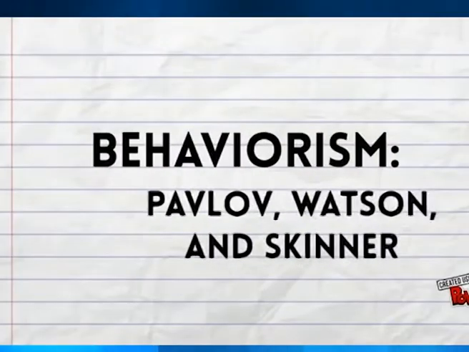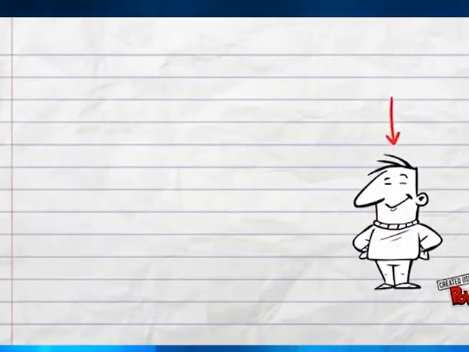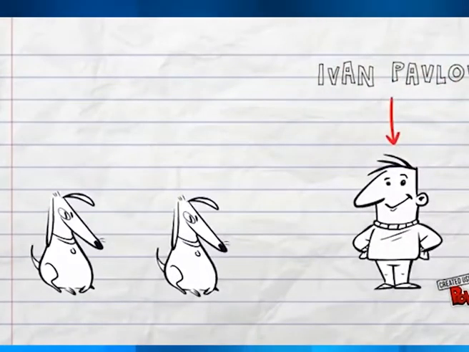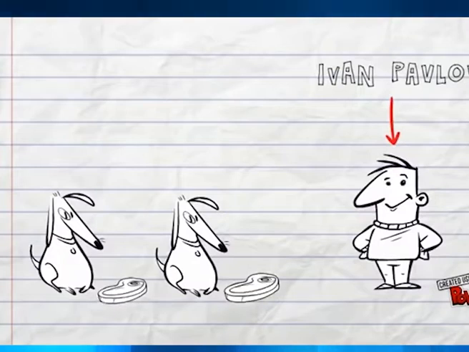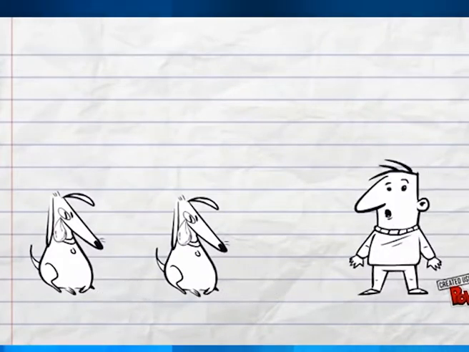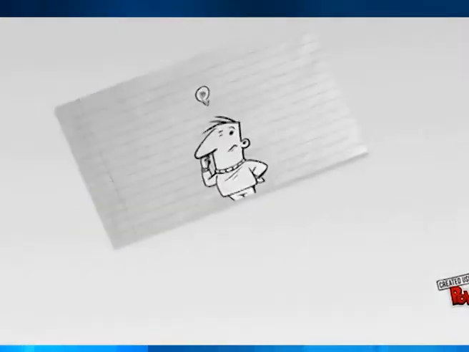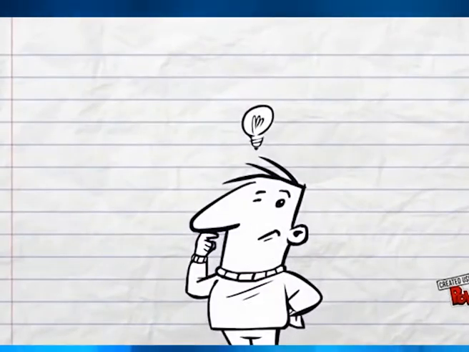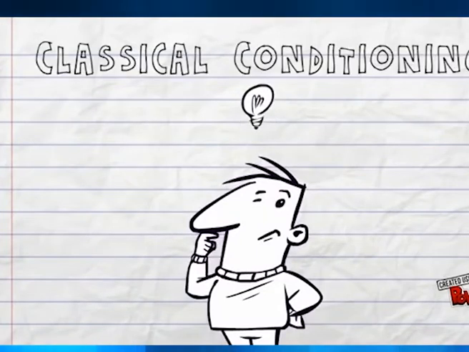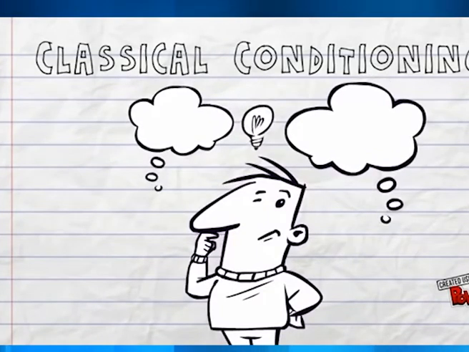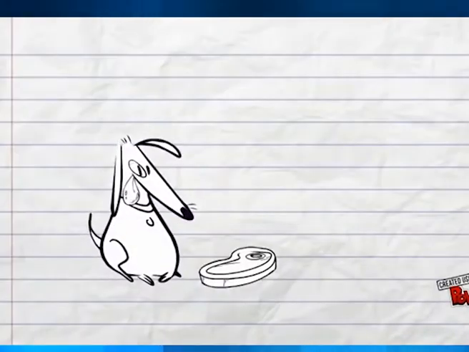Let's talk about behaviorism. We begin in late 19th century Russia, where scientist Ivan Pavlov lived with his dogs. Whenever Pavlov would bring the dogs their food, they would salivate. One day, he walked into the room without food and was shocked to see that the dogs were still drooling in anticipation. What Pavlov had accidentally discovered was the concept of classical conditioning. He didn't have to do anything to make those dogs drool when they saw food, but Pavlov wondered if he did something to make the dogs think they were getting food, could he make them drool whenever he wanted to? And that's just what he did.